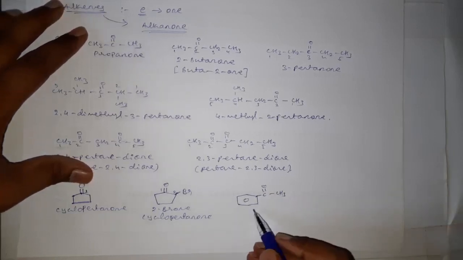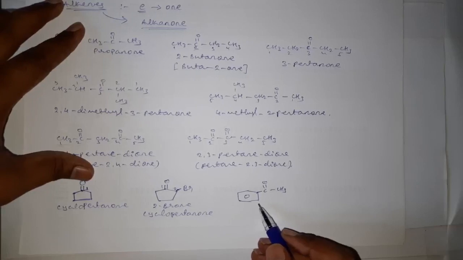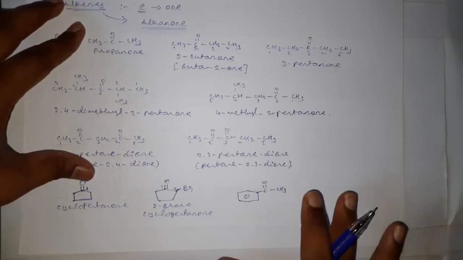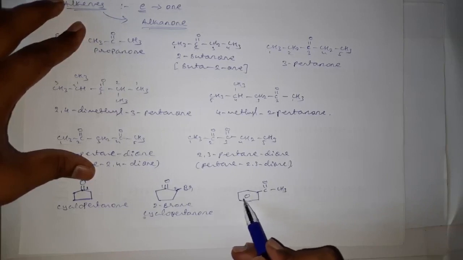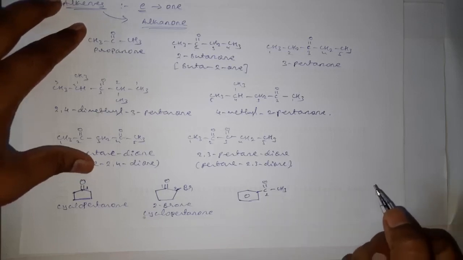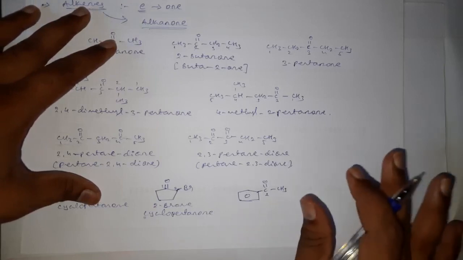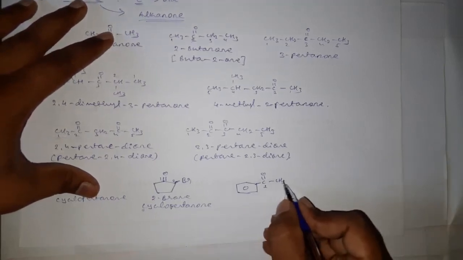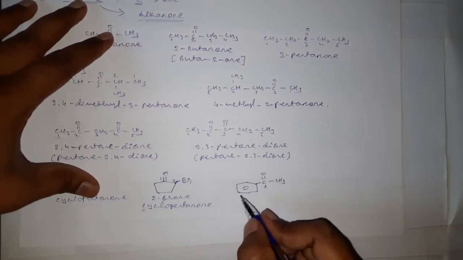which are containing at least one aromatic ring. For aromatic ketones, the benzene ring is considered as a substituent. This is also a substituent, and this one is also considered as a substituent, and the carbonyl carbon is numbered as position number 1. Okay, and the naming is done in the alphabetical system only. Here also, this is methyl substituent, this is phenyl. Here this is methyl and this is phenyl, correct?